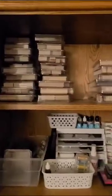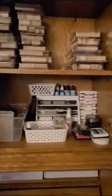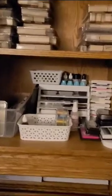And alphabet, but I had to change systems because I went to a garage sale, or no, an estate sale. My girlfriend and I split an estate sale, and we found all these Stampin' Up sets. We divided, we took what we wanted, and then we sold the difference. So